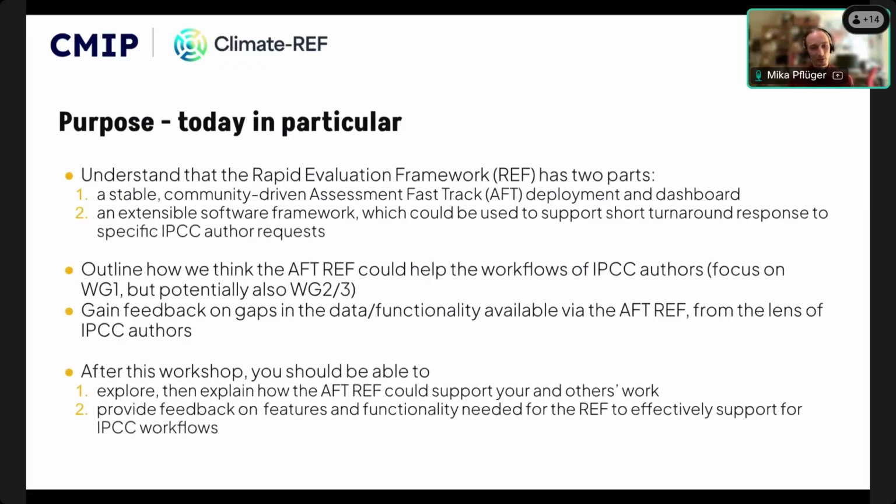And what does it mean in particular? So what will be the content of today? We want to introduce the concept of the rapid evaluation framework, that it has two parts: the stable community-driven assessment fast-track deployment and dashboard with a specific purpose in mind and specific implemented parts. And on the other hand, an extensible software framework, which could also be used for other purposes in the community and is extensible. And then I will outline how we think that the AFT ref could help the workflows of IPCC authors,